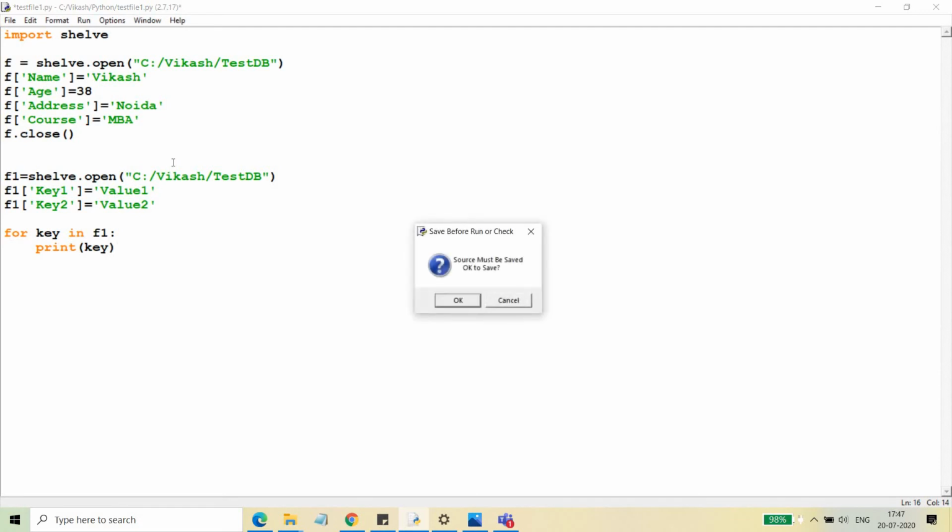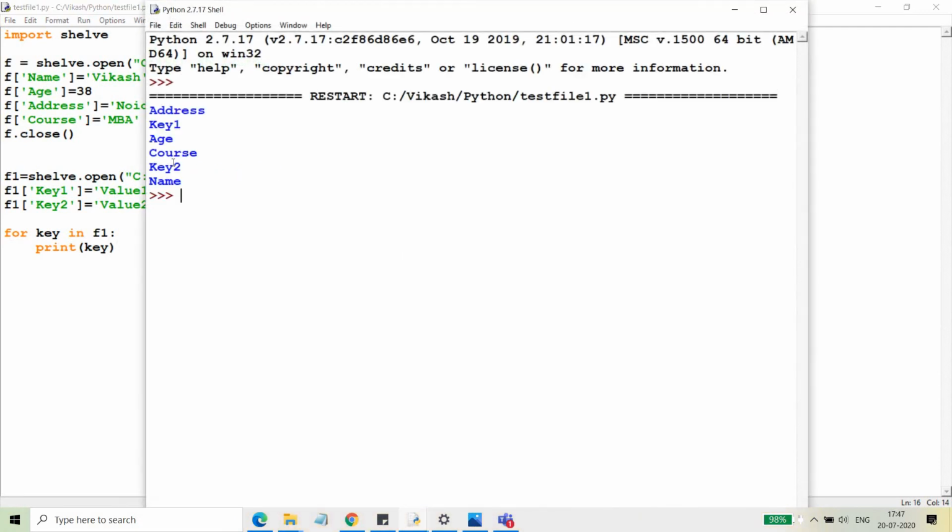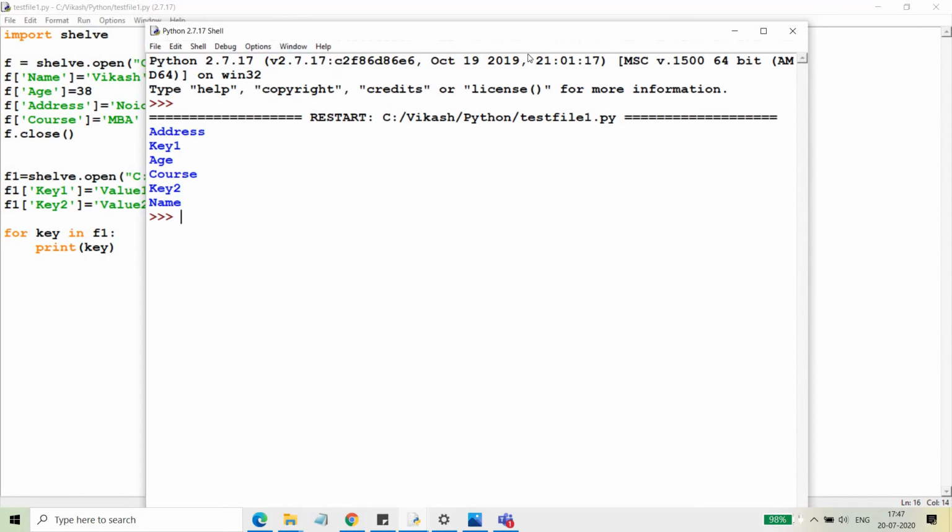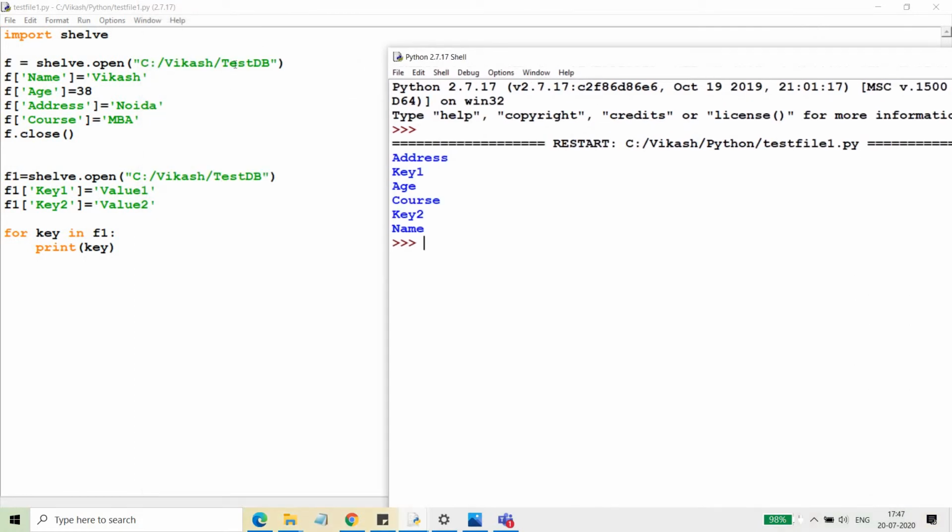So here you can see that I have opened this file, Vikas testdb, the same file that I have opened earlier. And here I add only two key values, key1 and key2, and still wanted to print all the key values, then you can see that we got all these values: address, age, course, name as well.